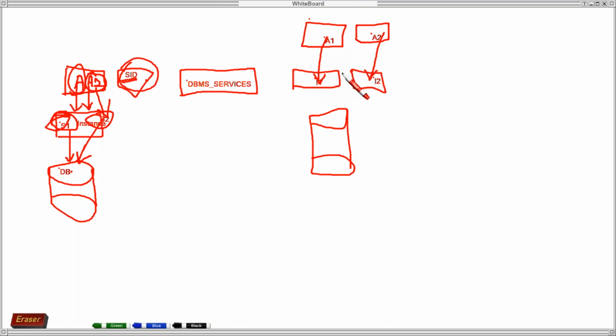Fine. So if it is through the SID, I cannot do this. But if it is through services, for example S1 is here and the same S1 is here, it is getting connected through the service. If the application is connecting through S1 to this instance, and from this to the database, and this instance crashes, the application can fail over here in case of services, but with SID I cannot do that, because SID is a single one through which I have to connect.